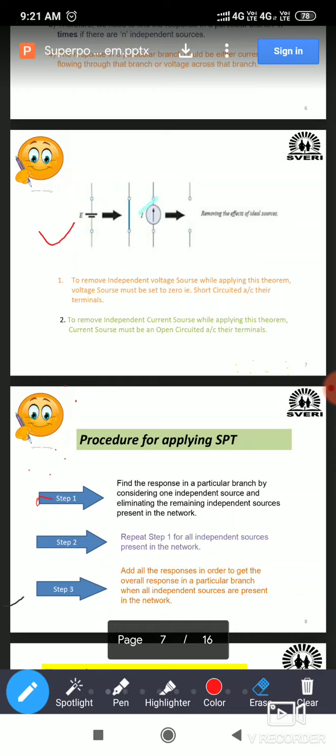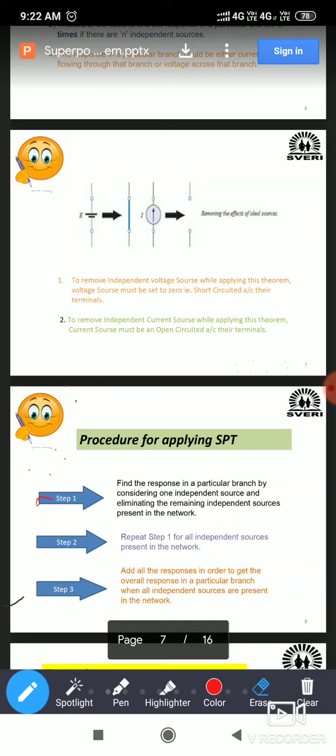So these are, from a graphical point of view, how to remove or replace the ideal voltage source and ideal current source. Now, why are we replacing the voltage source by a short circuit and the current source by an open circuit? If you compare these with the practical voltage source, the practical voltage source becomes an ideal voltage source when its series resistance is 0. If R is equal to 0, it means it is a short. That's why voltage sources are removed by short circuit.